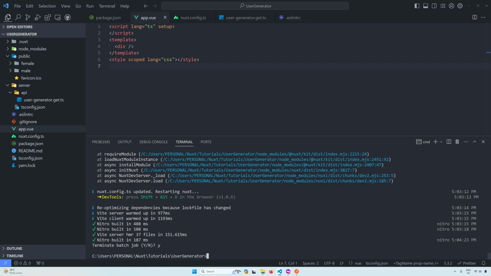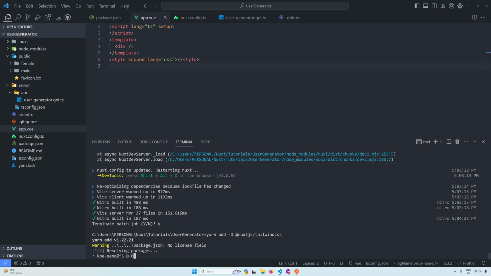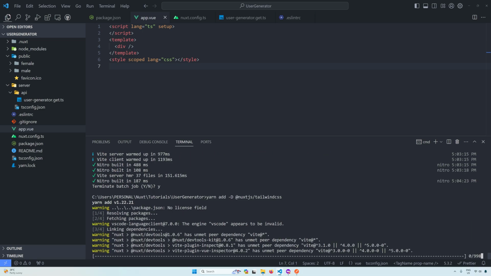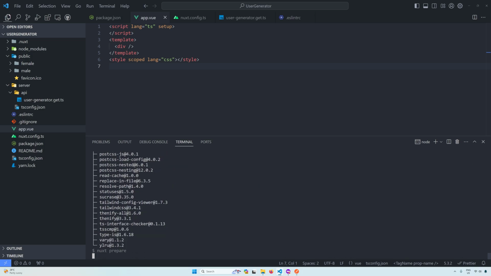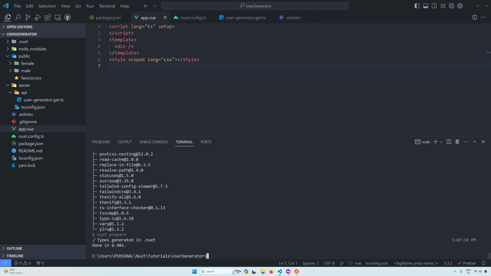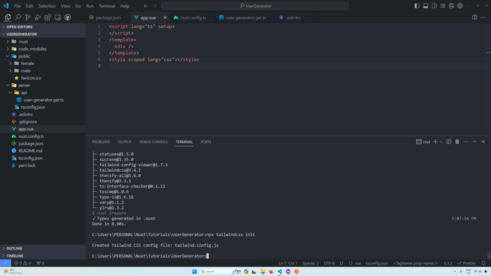Okay, and then paste. Okay, all right, once that is done, let's also add the npx tailwindcss init. Okay,